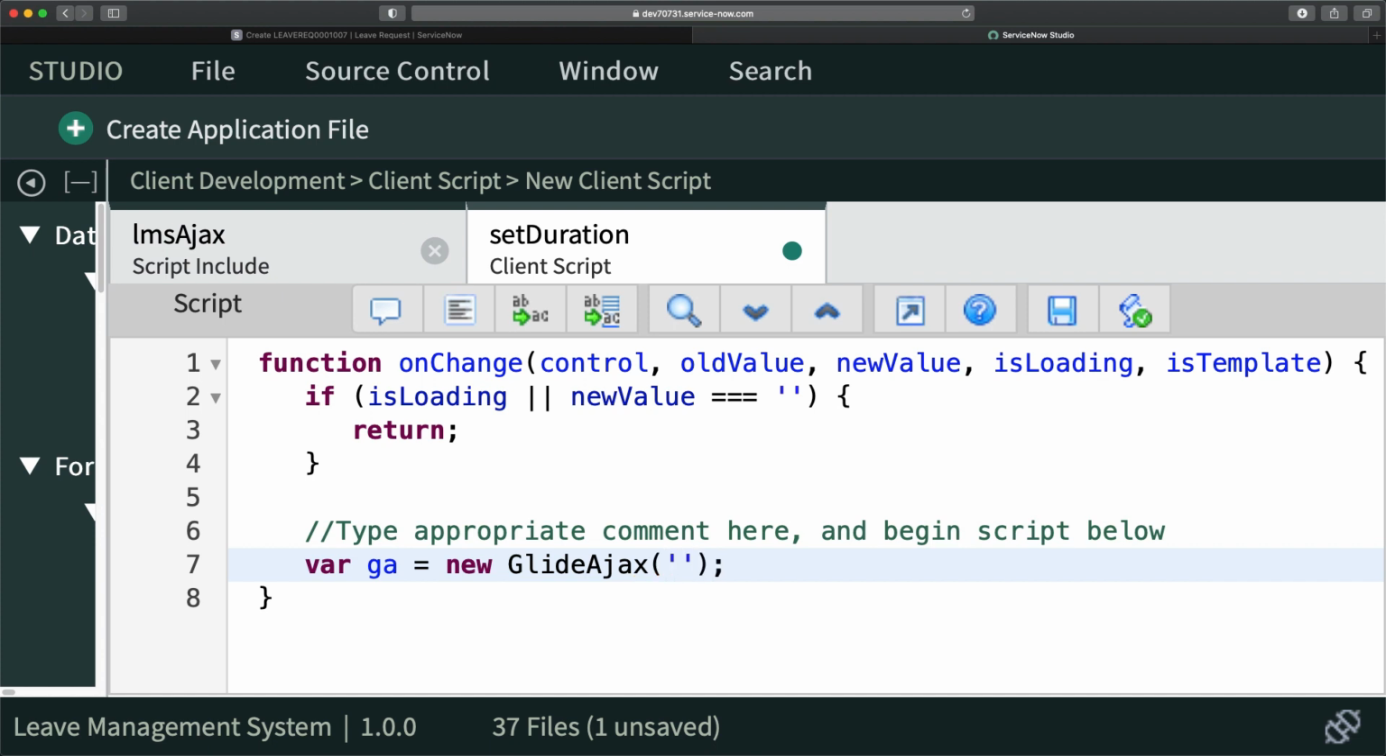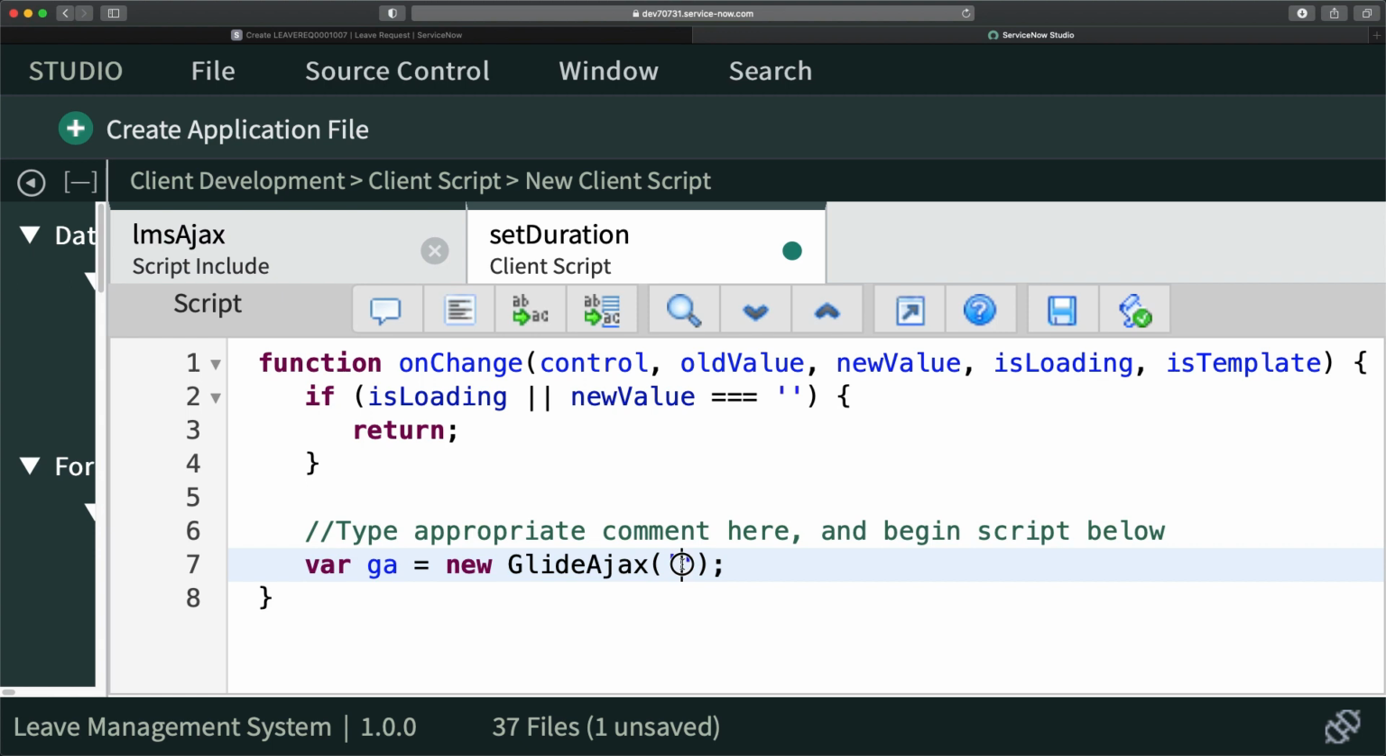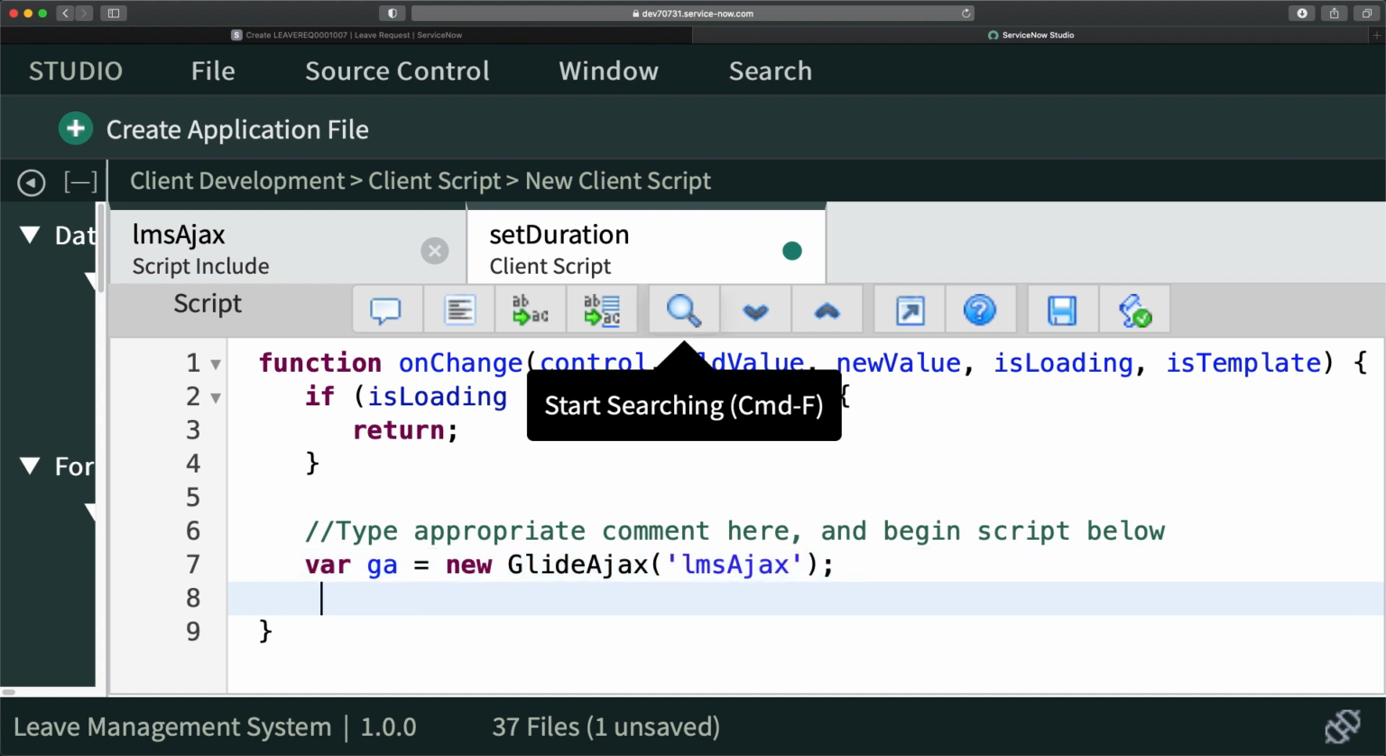Now here I have to put the name of the script include which we just created, that is LMS Ajax. I will come over here and I will just do like this. Okay, so we have called our script include. Now I have to call the function which we just created, and how we will call it. So we will do